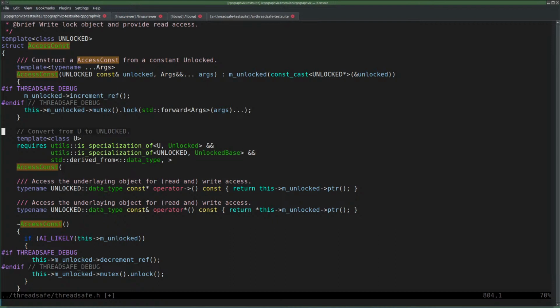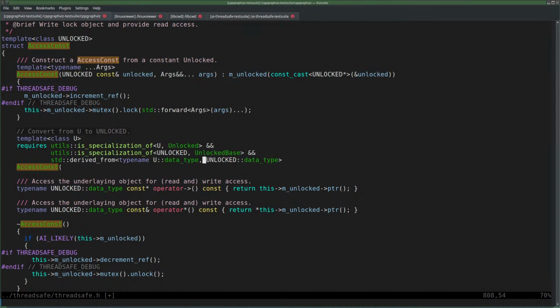That means that unlock must be the base class. Unlocked. And the base class is the second one of derived from. And here we have something, probably also data type. And then I have to tell it that it is a type.